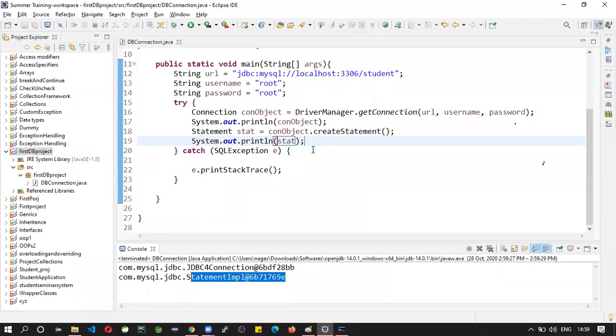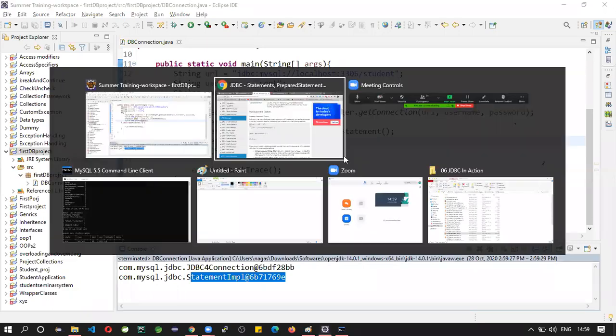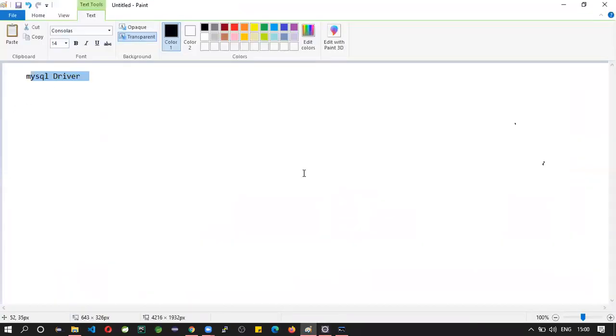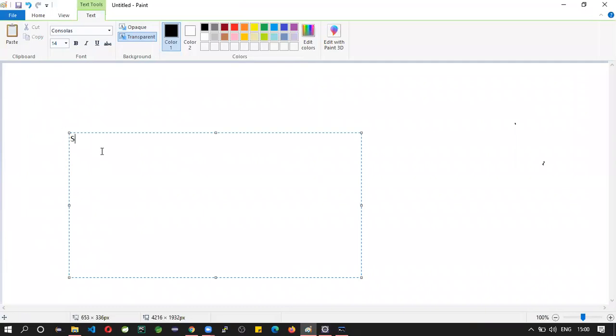First one is executeUpdate, and second one is executeQuery. Statement object's methods: executeUpdate, this is one method, and the second one is executeQuery.